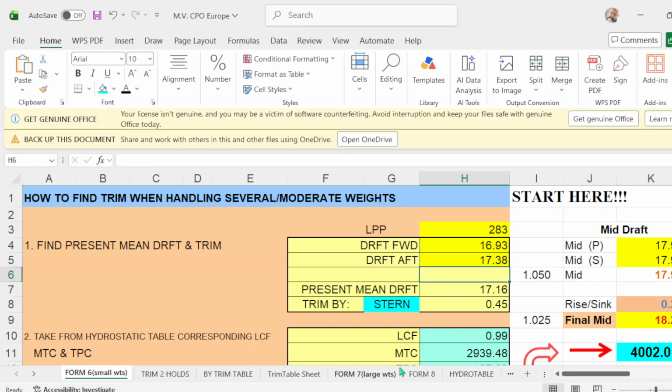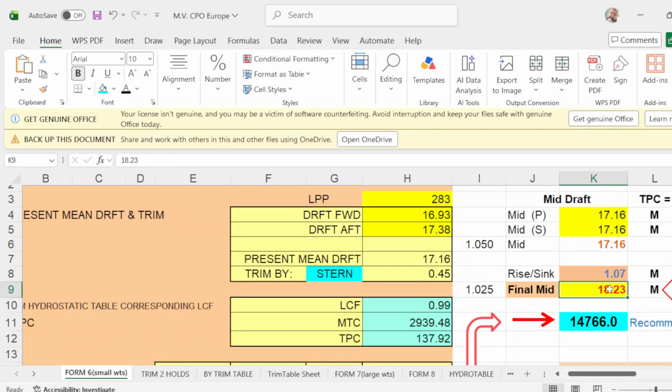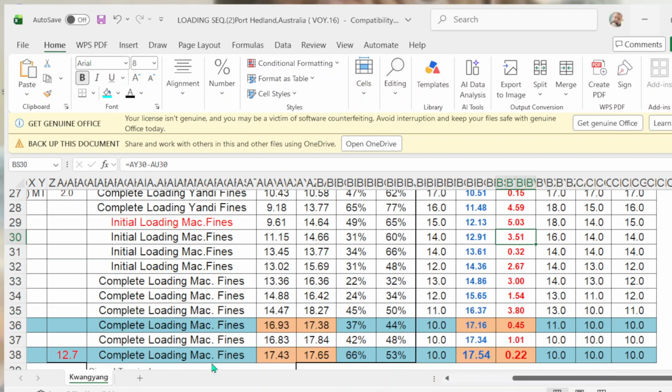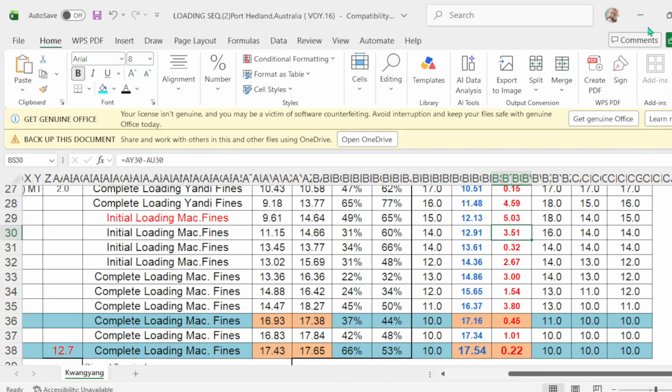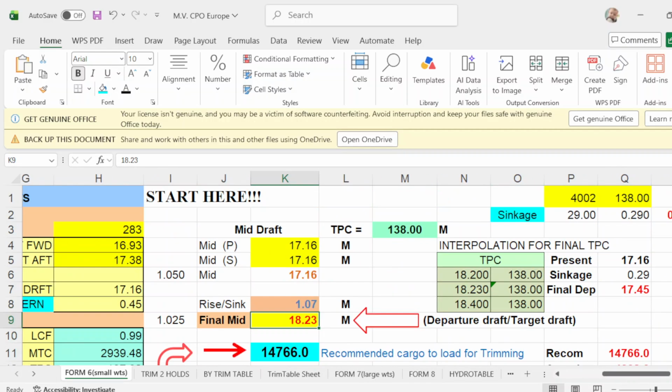Okay, then you put the mid drop 17.16. Port starboard is 17.16. Okay, then departure drop is 1754. Put here 17.54.